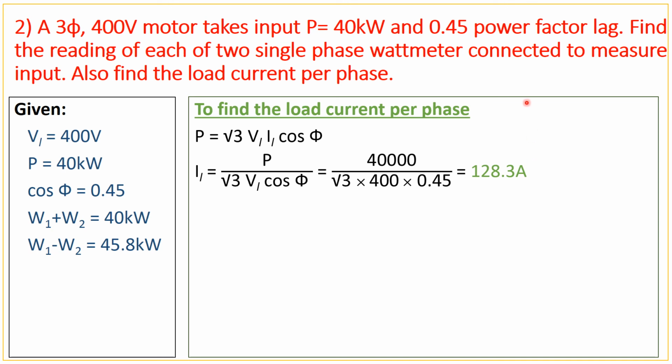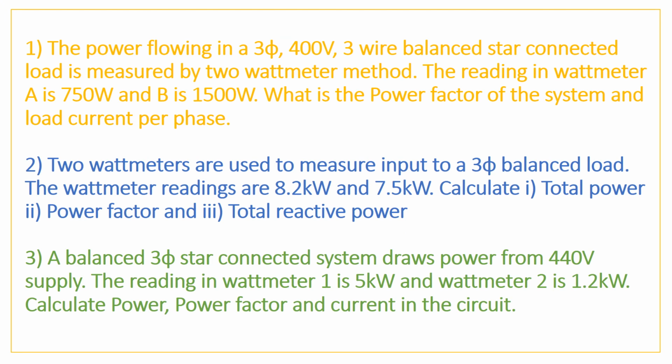So these two are the different kinds of problem. Normally a variety of problems are there, but most repeated are these two problems where they will stress on the reversal of coil, as well as they might give you the power and power factor, and you must find the individual wattmeter readings. I hope you have understood this numerical and the concept of finding the power factor. So these three are the assignment problems. Solve it yourself. If you have any doubts, let me know. Thank you.